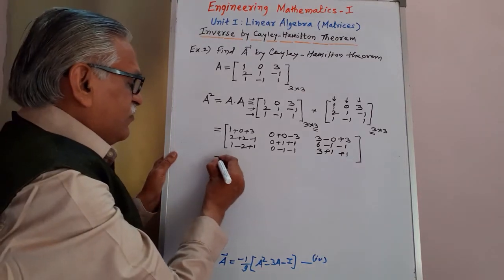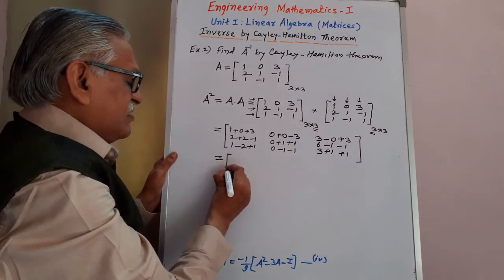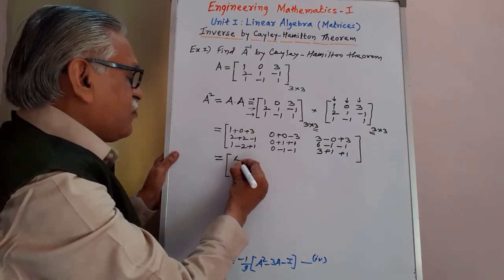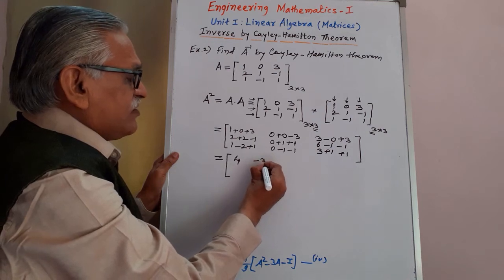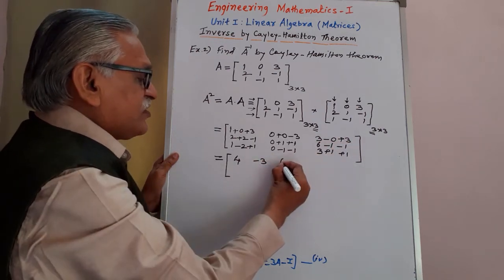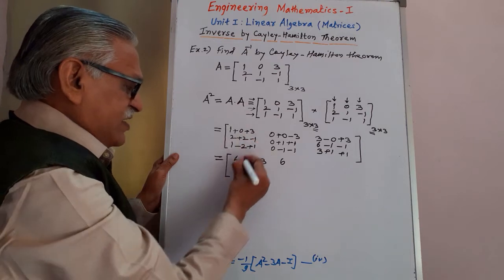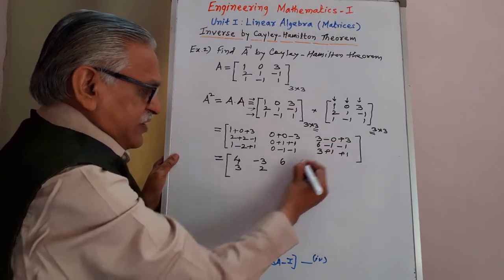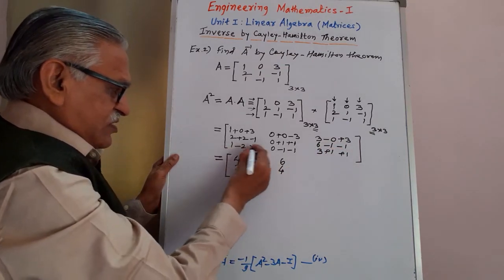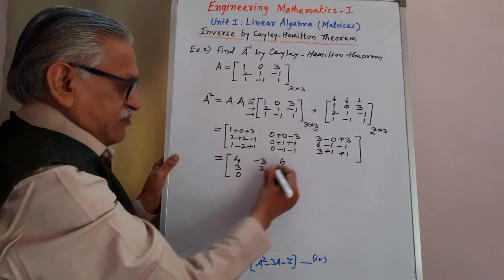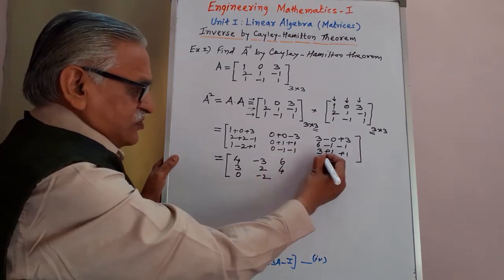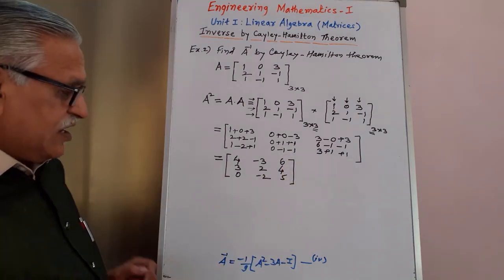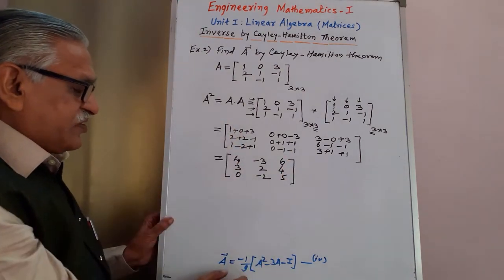And therefore, if we simplify it, we have the matrix as 3 plus 1 we get 4, minus 3, 3 plus 3 is 6, 4 minus 1 we get 3, 1 plus 1 we get 2, 6 minus 2 we get 4, 2 minus 2 as 0, minus 1 minus 2, 4 plus 1, 5. We substitute this in equation 4.